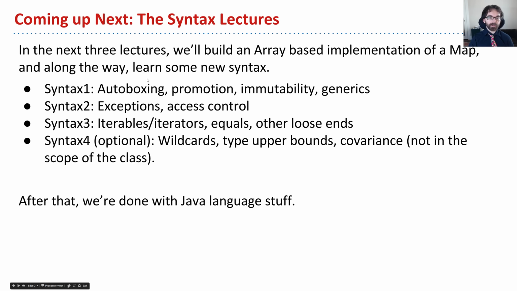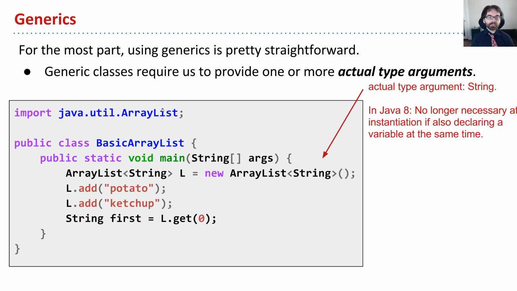So in this lecture, we're going to talk about autoboxing, promotion, immutability, and generics, and in the next lectures, we'll talk about some more stuff. So let's start by talking about generics. Okay. So for the most part, as you've seen in ArrayDeck and linked list deck, using generics is pretty straightforward. All you need to do in order to use a generic class is you need to provide an actual type